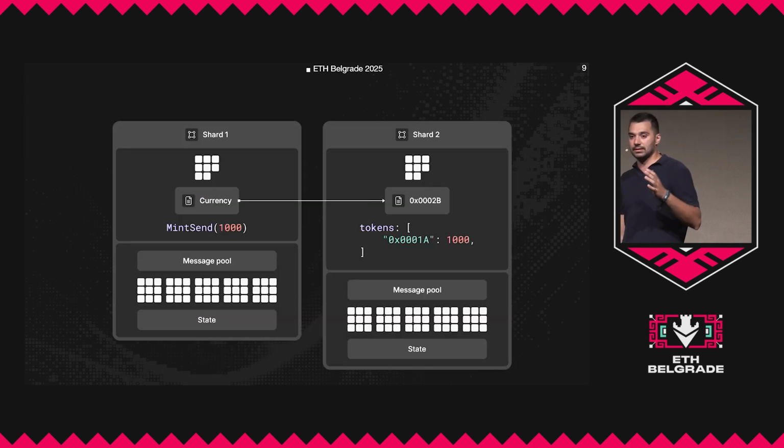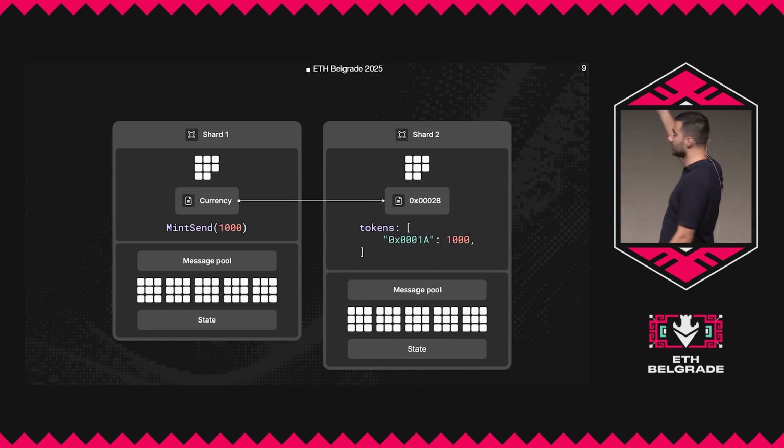And the simplest analogy that I can use to explain how all of this works is to imagine cash. Every country is printing the money. The money is printed in one contract. It can be ERC20-like, with a similar interface for minting and burning. But then, once the tokens are minted and sent to someone else, the real account, same as my real wallet, is holding the money. And when I need to pay for a beer, I don't need to go again and ask the contract which holds and created the tokens to allow me to pay and to transfer. I can directly send from my wallet to someone else.